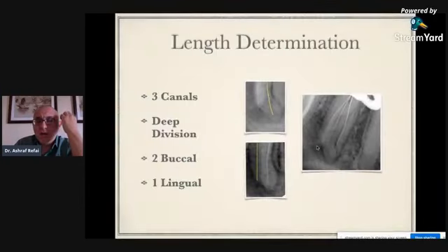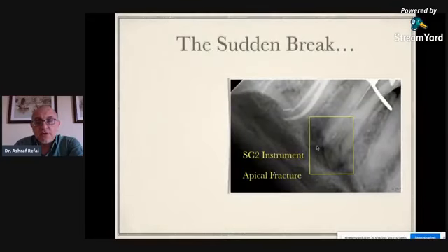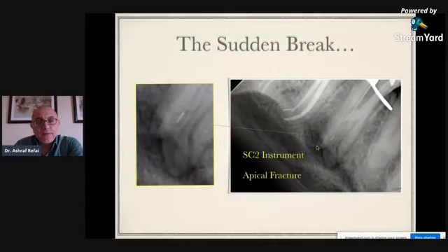So this patient was referred. She was the daughter of a dentist, so I was being very, very careful. And I started doing my preoperative, and I started taking my working lengths. And then during the instrumentation, what happened? I had an instrument fracture of an SC2 instrument from the Revo S system. It was out of the box, and it was a new file in a straight portion of the canal.